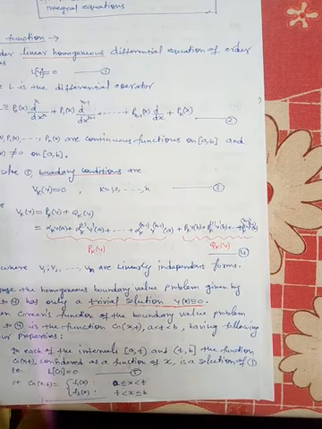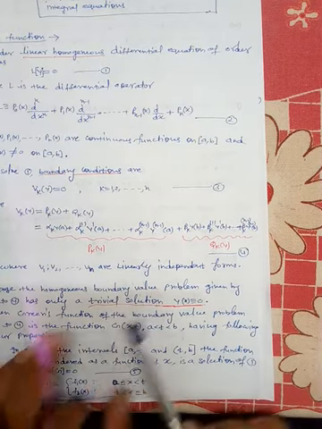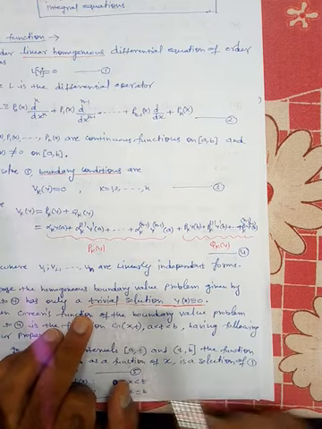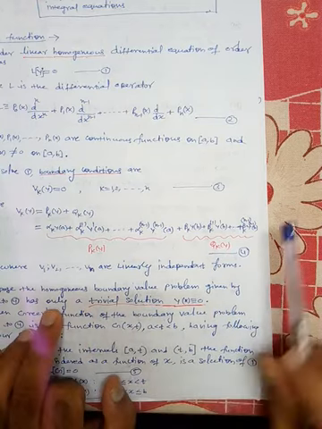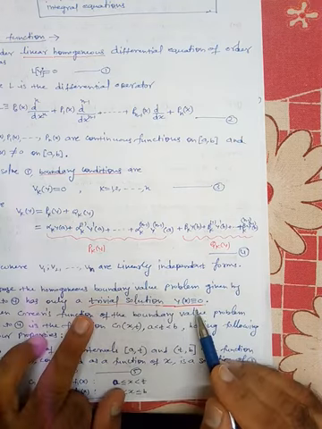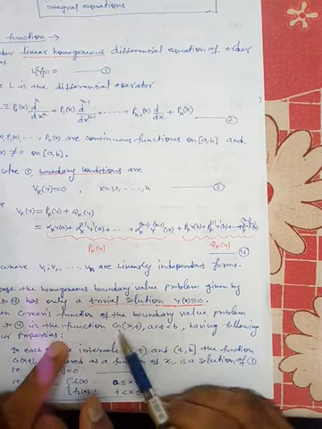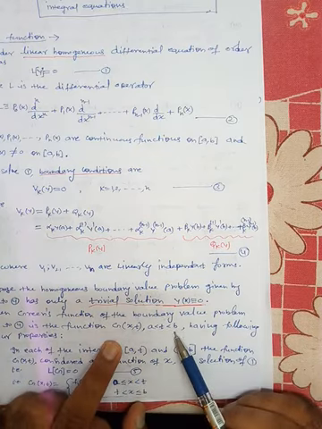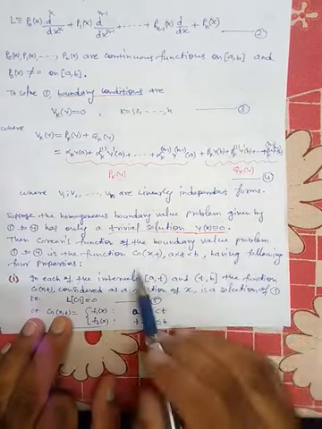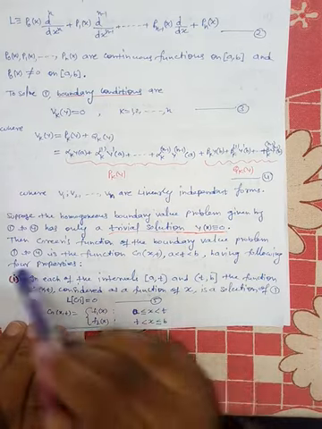So the first and important thing is that Green's function always exists when we are having a trivial solution for the homogeneous boundary value problem. Then G(x, t), the Green's function, exists. So this is a very important condition. Now if G(x, t) exists, then this G(x, t) satisfies the following 4 properties.